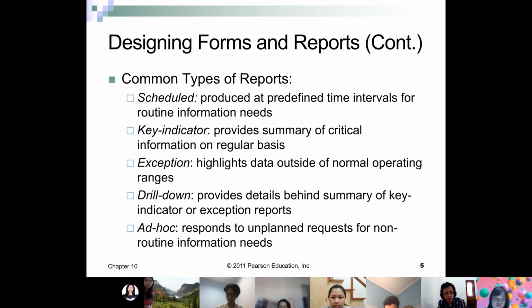An exception report highlights data outside of normal operating ranges. For example, you will get this report if something was wrong. Many systems currently employ some sort of fraud detection system.